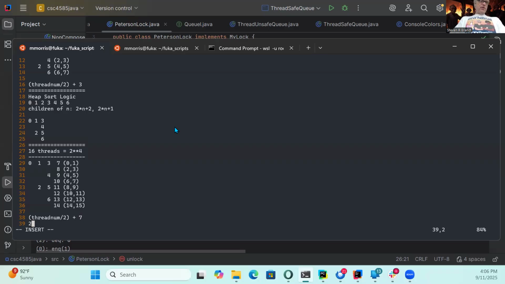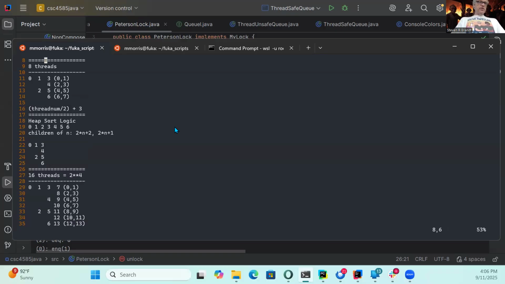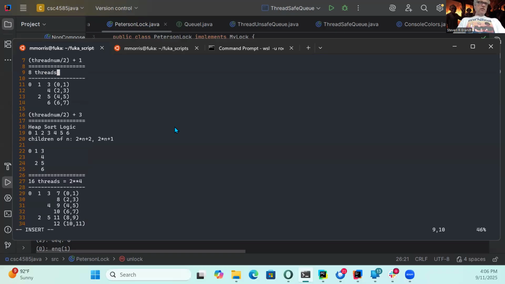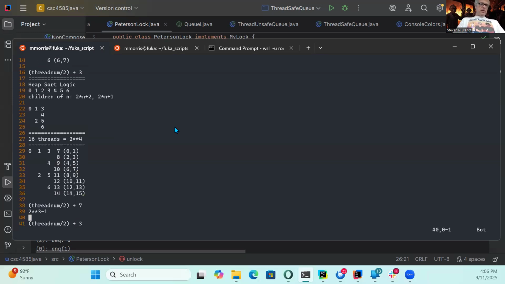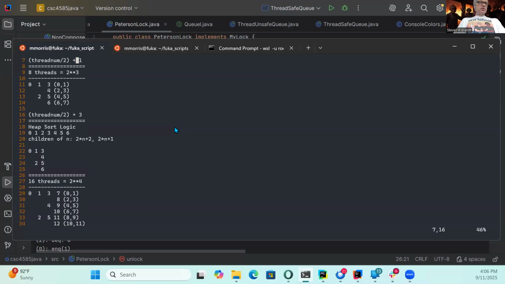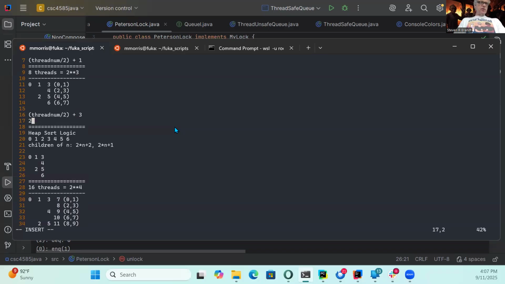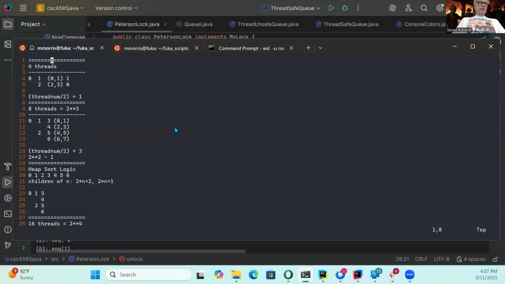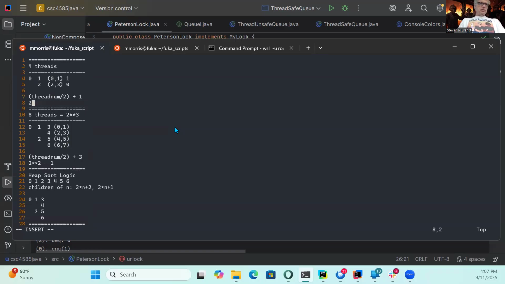So 2**3 minus 1 is what we get there. And for this one, this is equal to 2**3, right? And to make it even, it's going to be 2**4 minus 2**2 minus 1. That's going to be 3. And for the first one, we're going to get 2**1 minus 1. And it all works. So there's our progression, right?